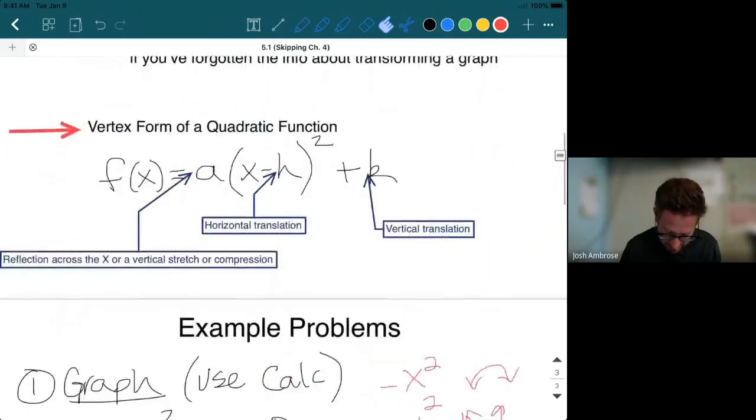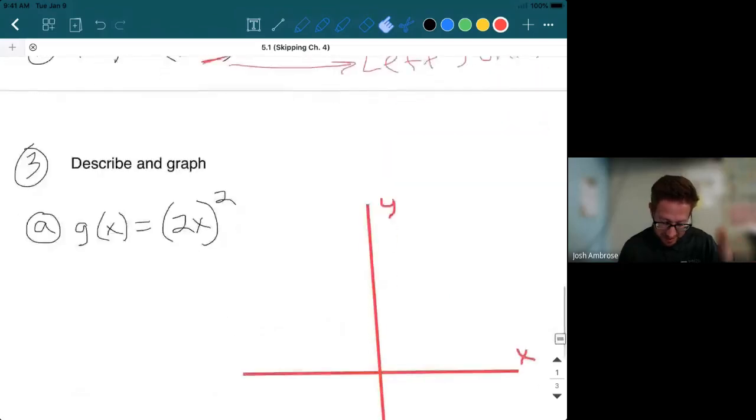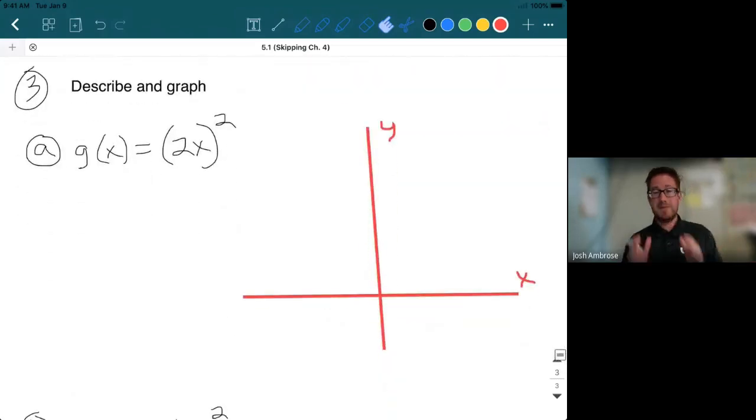Because if we look at, let's see, there should be one more variable right next to x. That variable right there would basically be telling us what we are doing horizontal-wise. If it's connected to x, like that 2 is, that is telling us whether we have a horizontal compression or a horizontal stretch. And if you look at that chart on page 317, anything right there connected to x, remember you have to flip it, right? This is the kind where it actually is a flip,